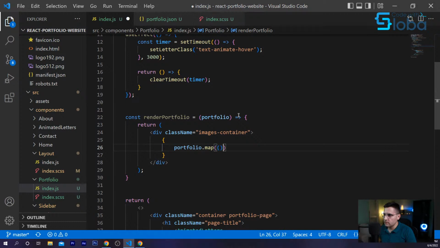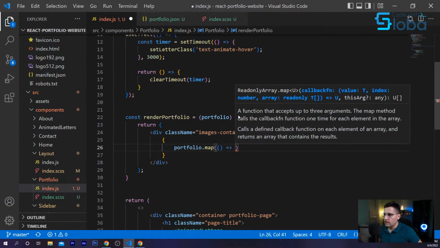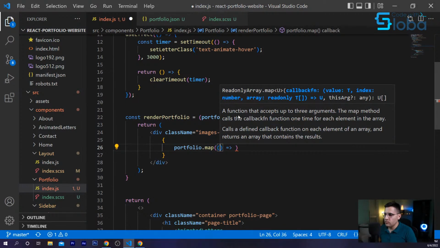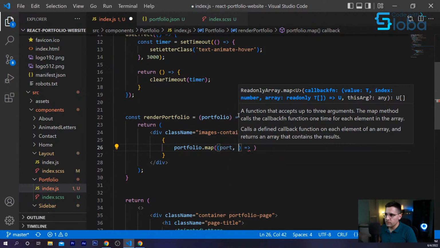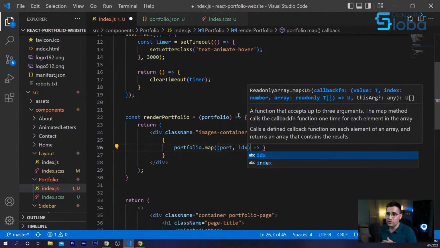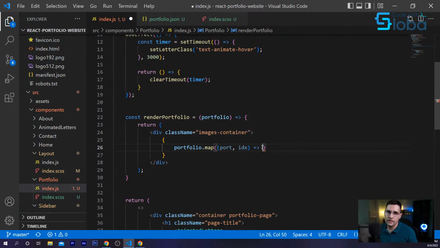Inside of our map, I'm going to receive a port and the index. I'm going to use index as a key for our items because in our data set, we don't have ids. This is usually a bad practice, but when you have real data from the database, you usually have ids, and you should use that to map your arrays.